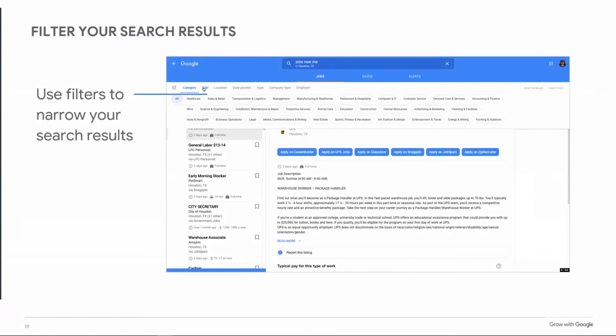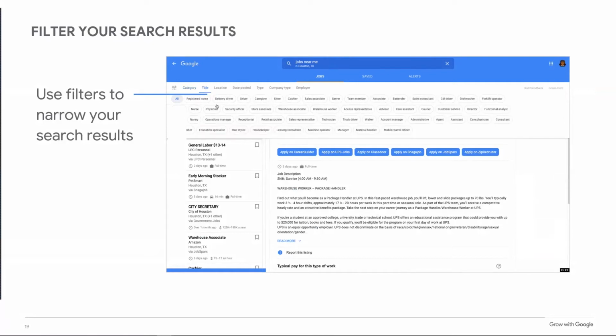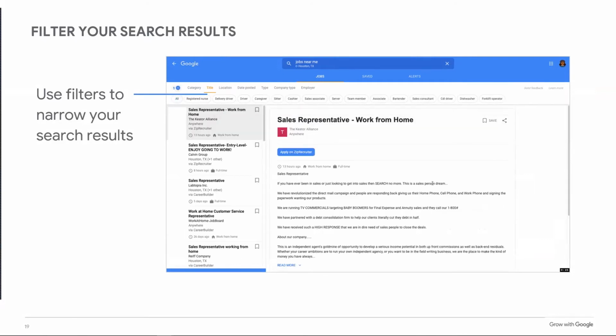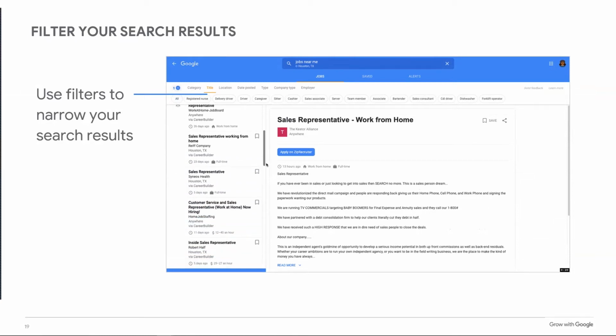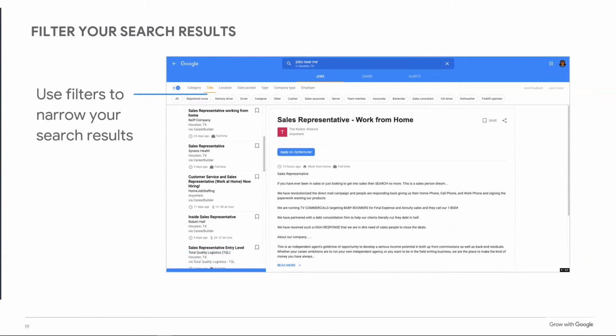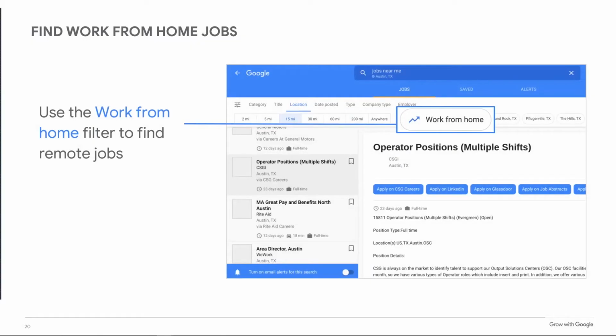So as we're going along, say we decide that we want to narrow our search. We decide that we want to work in a specific industry, or we only want remote work opportunities, or we only want to be a sales representative, or whatever that might look like. So we can click on the filter options that are across the top. Right now we have all, and if we click on a filter option, it'll filter out everything but the option that we select, and it'll give us the job opportunities within that filter option that will help us narrow what we want. That might be by title or location. It might be by company or employer, different things like that. Post date as well. Okay.